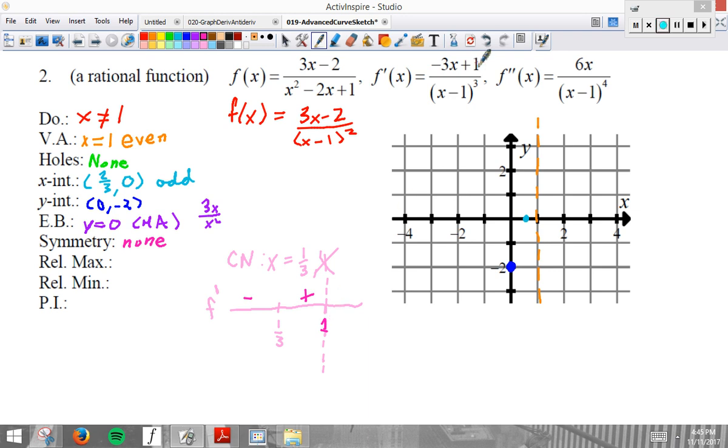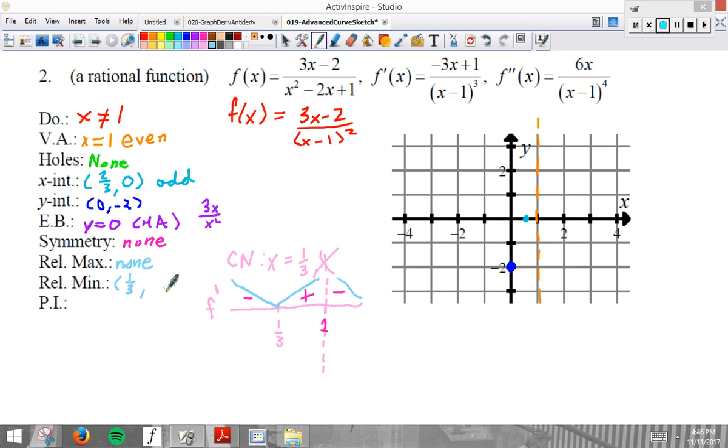After 1, a value like 2, the top is negative, the bottom is positive. So we have a negative. That means our guidelines will be something like a decrease, followed by an increase, break, followed by a decrease. Do not make it a drawing that makes it look like we have a max here, because we don't, because it's a domain restriction. So there's still no relative maximum, but there is a relative minimum at 1/3,